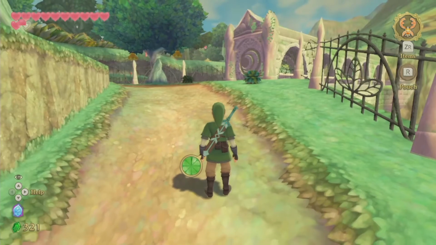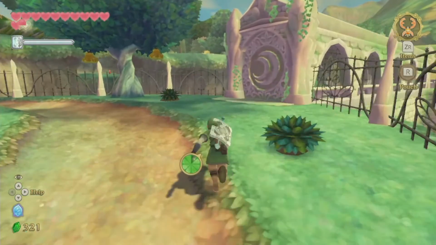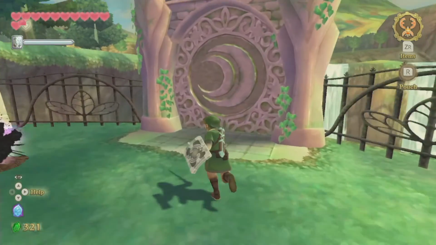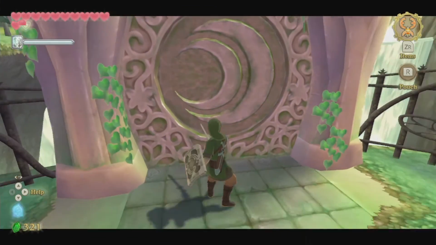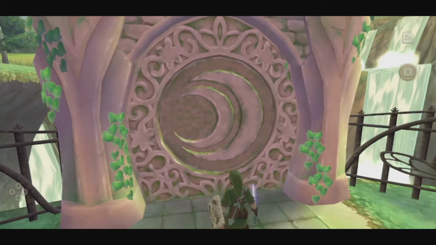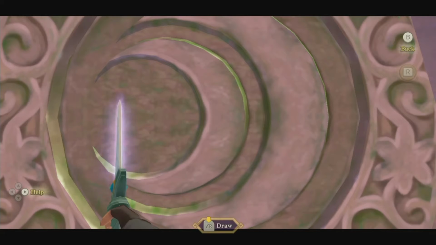Okay, I need to equip my shield for this. We don't have to worry as much about these enemies now. We have a very, very powerful shield. And the way we have to do this, we have to hold our sword up. And now allow us to do a new thing called carving. Essentially, this allows us to...